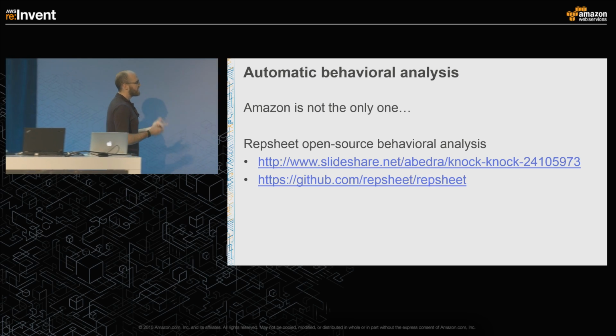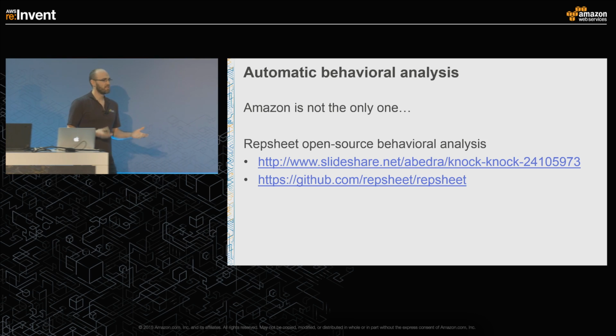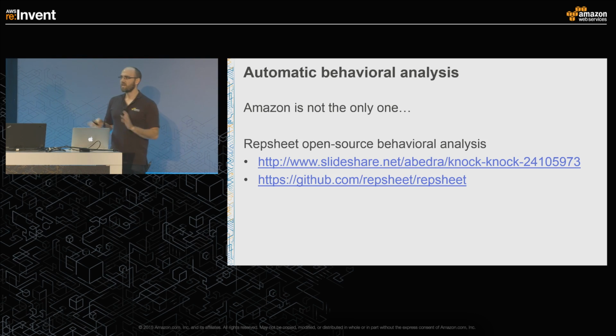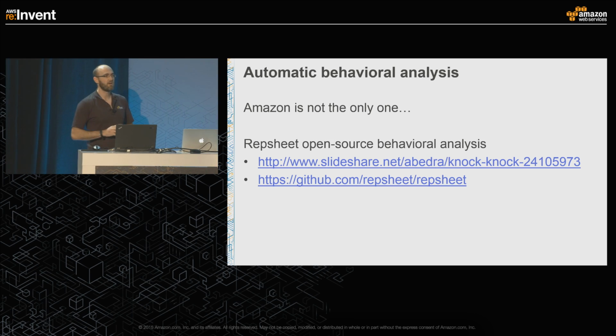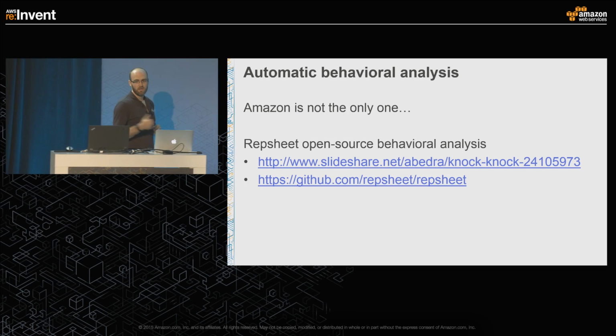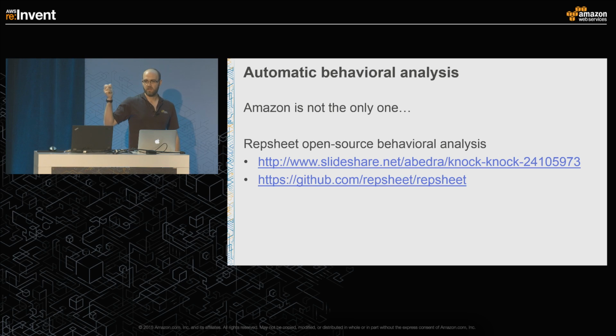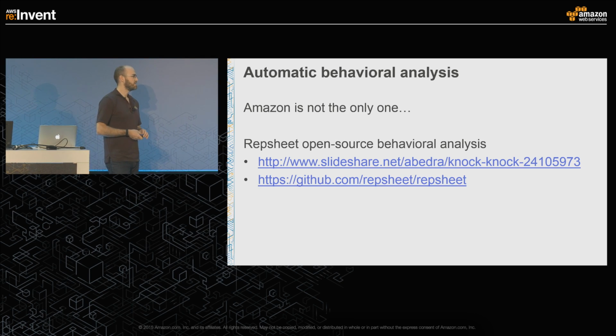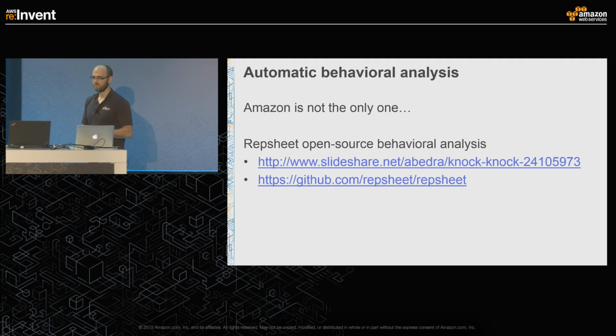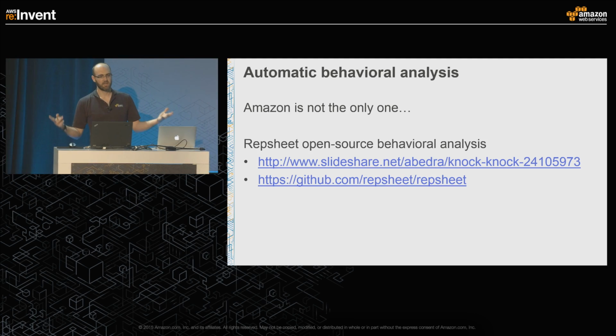Because this kind of automation and behavioral analysis is a bit of an emerging trend, I had trouble finding a lot of really good external resources. I did find one that I would consider to be very good, and I've included it here. There's an engineer named Aaron Bedra who's currently working at Groupon, and he published this SlideShare that talks a lot about some of the techniques that he's developed around behavioral-based systems, and had a lot of really good examples. Like, for instance,